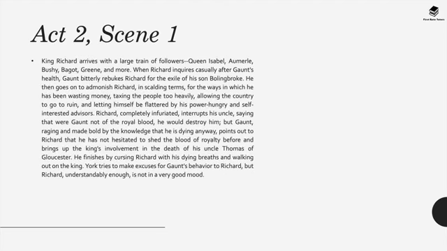King Richard arrives with a large train of followers: Queen Isabel, Aumerle, Bushy, Bagot, Green, and more. When Richard inquires casually after Gaunt's health, Gaunt bitterly rebukes Richard for the exile of his son Bolingbroke. He then goes on to admonish Richard in scolding terms for the ways in which he has been wasting money, taxing the people too heavily, allowing the country to go to ruin, and letting himself be flattered by his power-hungry and self-interested advisers. Richard, completely infuriated, interrupts his uncle,